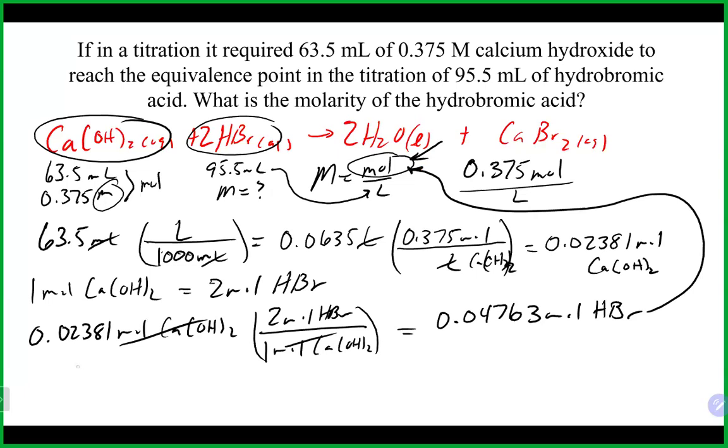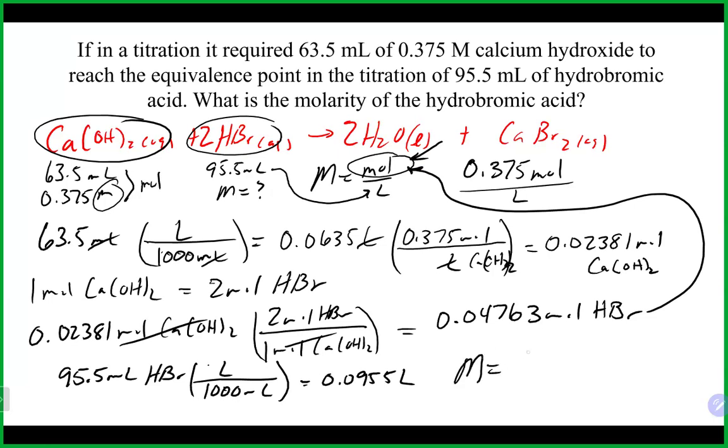But first, we still need to convert our milliliters for the HBr into liters. So we'll do our dividing by 1,000, or you move your decimal place 3 places to the left. Now we have both of the things that we need. So the molarity here would be